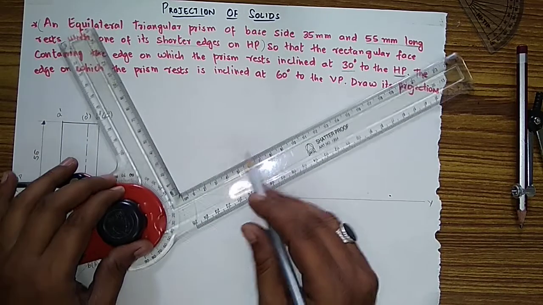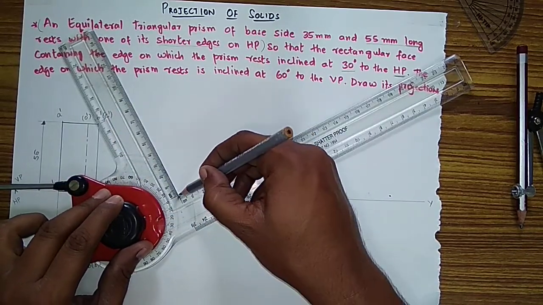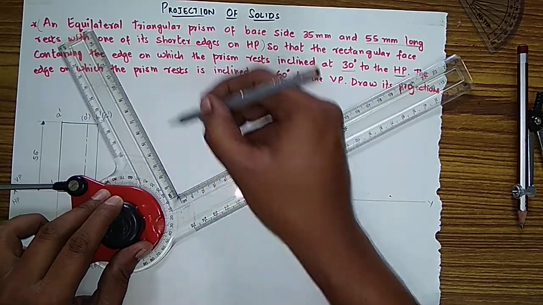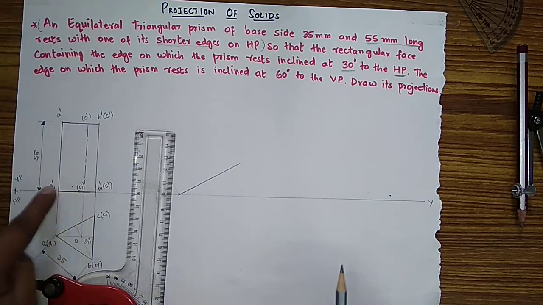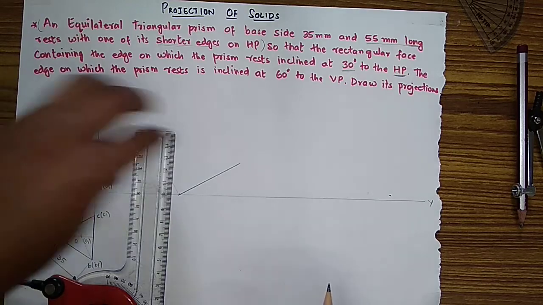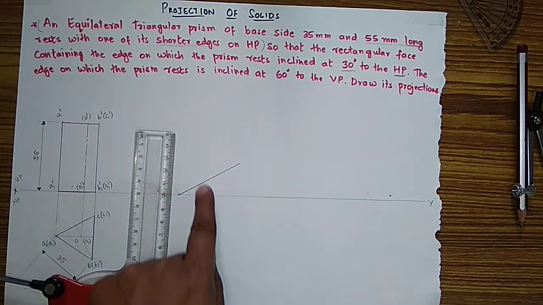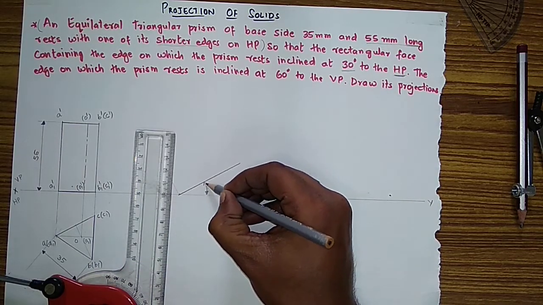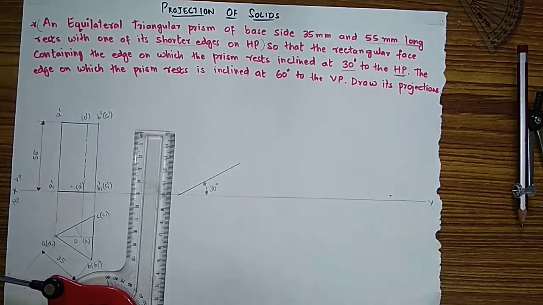So from that point, how much is the line? Total height is 55 mm. So draw a 55 mm line. Then one more line here at 90 degrees. Why? This line I have drawn and this is 90 to it. You have to copy this prism here according to the angle given. The 30 degrees means this angle is 30 degrees. In the question, the 30 degrees is given to the rectangular face. I am showing you to help you understand.